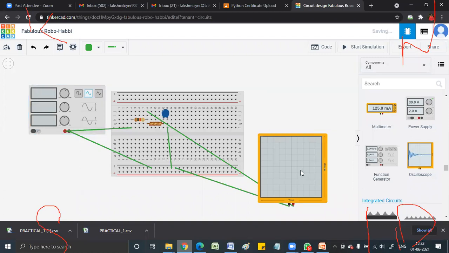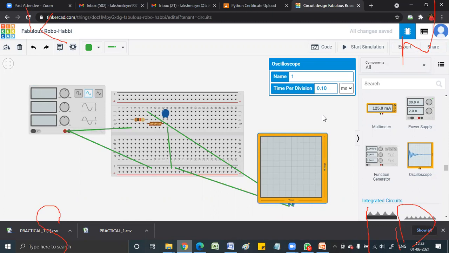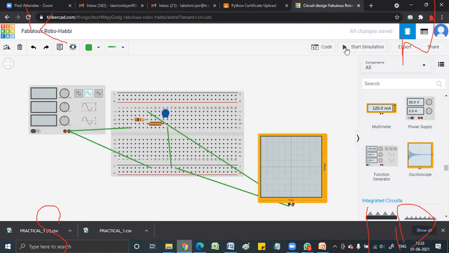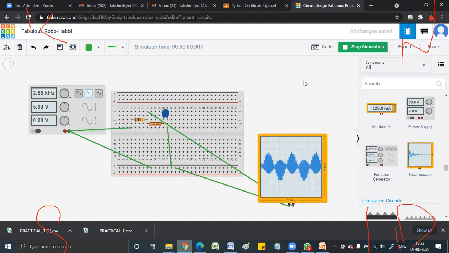Now over here, say I'm taking 0.1 millisecond only. Let us see if I'm able to see the picture correctly or not. Click on start simulation. Can you see this? I'm increasing this. It's full distortion, and look at the height. Entire height is 100 millivolts. It's written 100 millivolts.